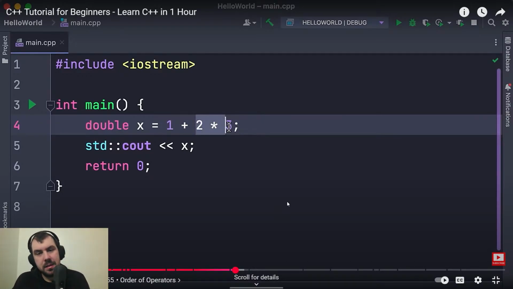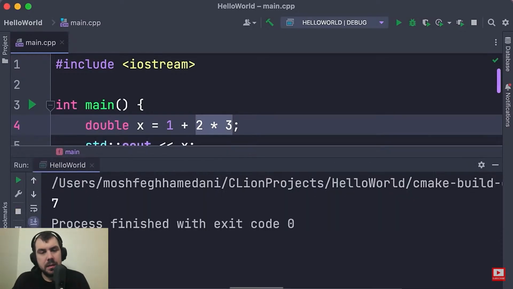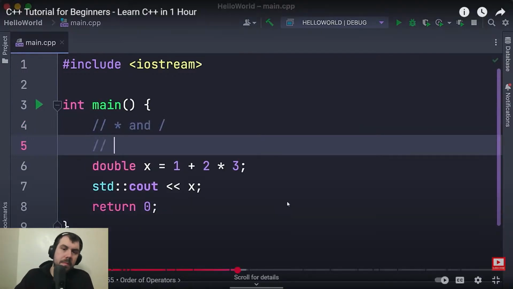First, this part is evaluated. So 2 times 3 is 6. And then 6 is added to 1, so the result is 7. Let's verify it. So I'm going to run the program. There you go. We have 7. Okay. So here's what I want you to remember. In math or any programming language, the multiplication and division operators always have